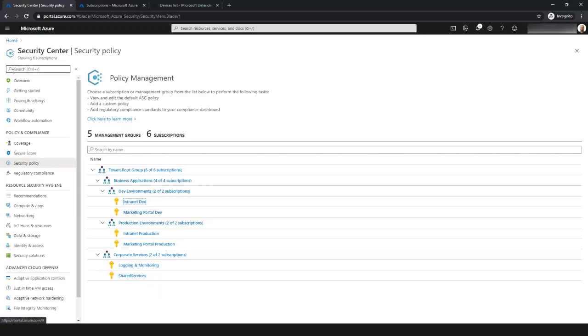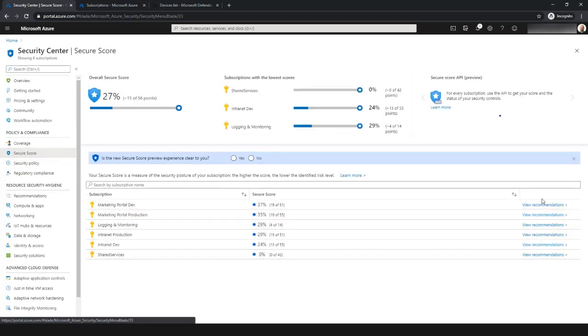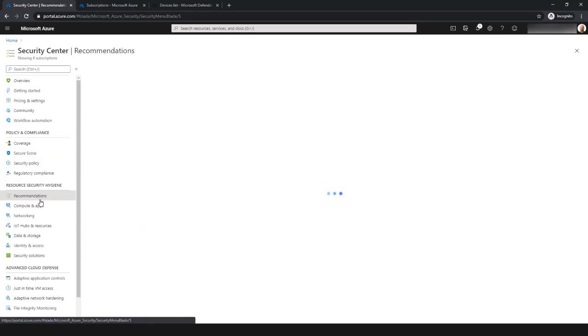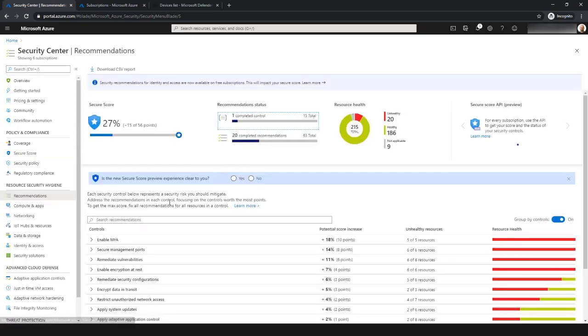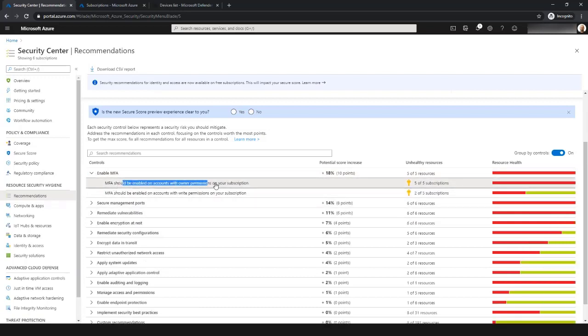So this is how Security Center goes and judges you against those recommendations and gives you that secure score state. Now, the next step that you can do is follow those recommendations, right? And here, for example, I can see, guess what? Security Center goes and looks at my security policy. I configure there, tune a couple of things, and then it came up with recommendations like enable MFA on anyone